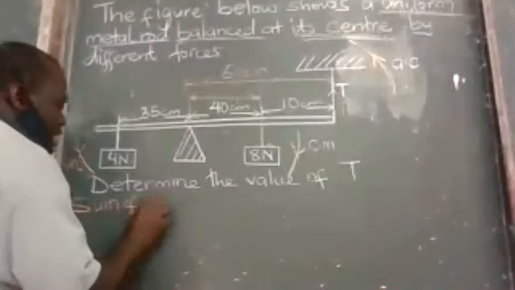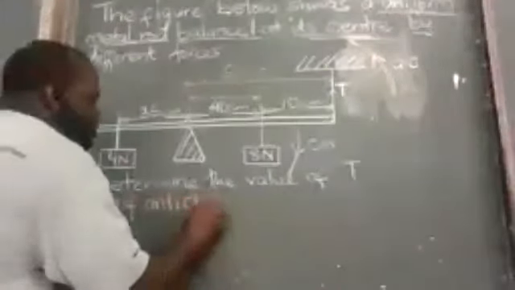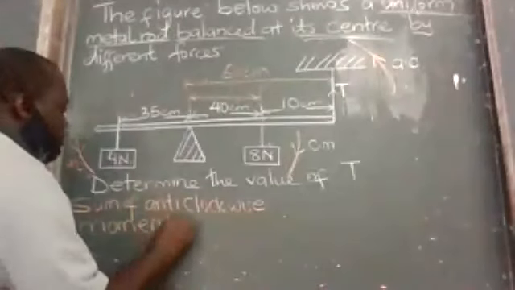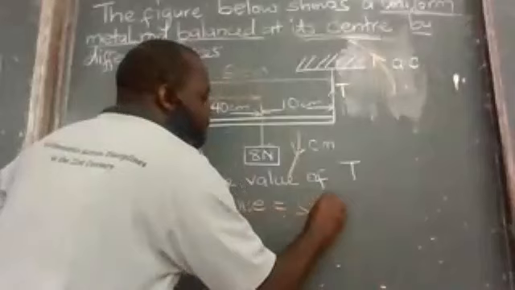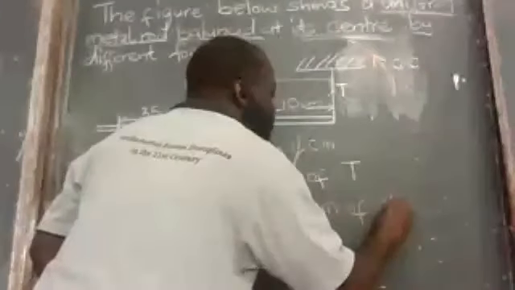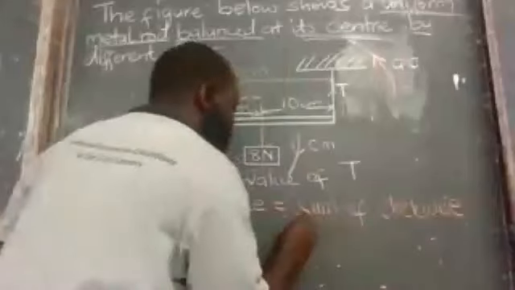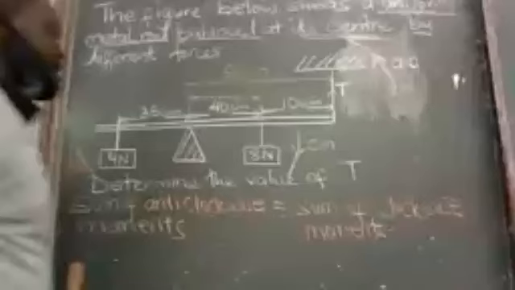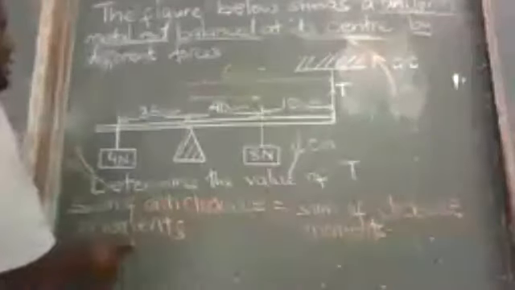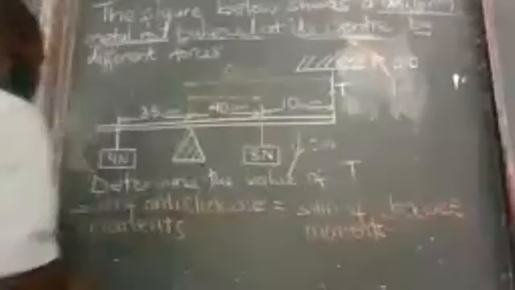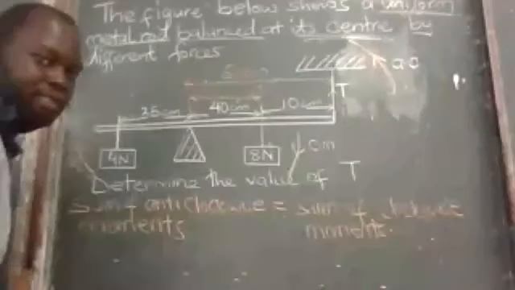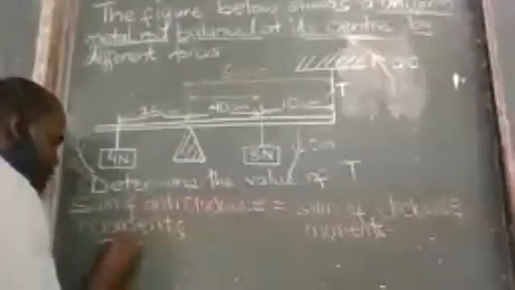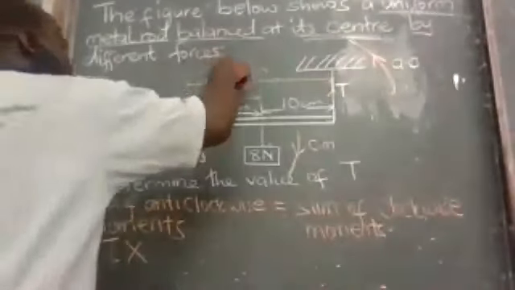Sum of anti-clockwise moments is equal to sum of clockwise moments. After writing that condition, we start with our first anti-clockwise moment, which is T. Our moment is force times the perpendicular distance. So the force is T times the distance we determined, 50